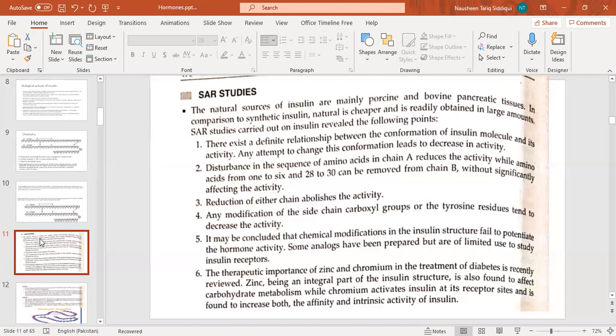It may be concluded that chemical modification in the insulin structure failed to potentiate the hormone activity. Some analogs have been prepared but are of limited use to study insulin. Basically, when the hormone was checked through the modification that was made, no particular potentiation occurred in it,